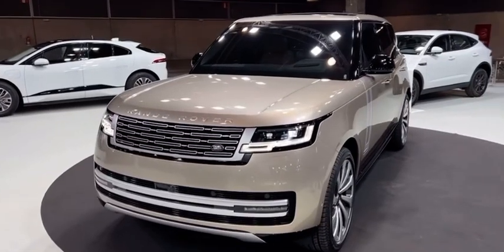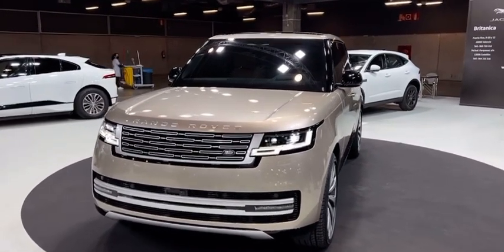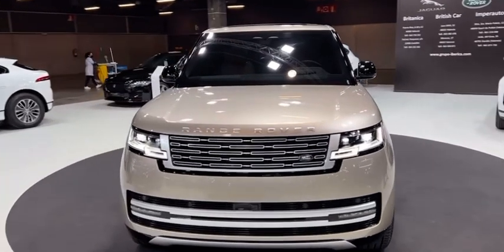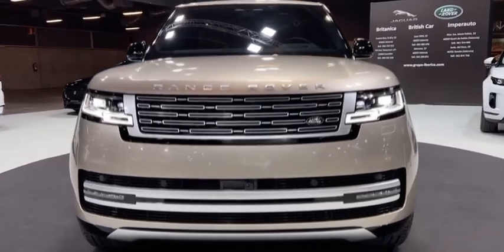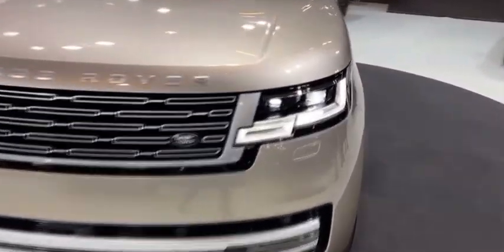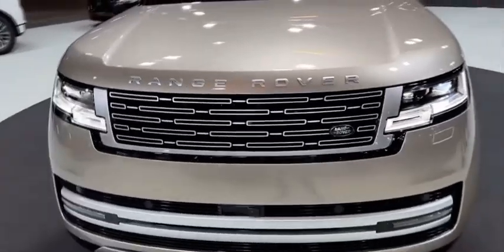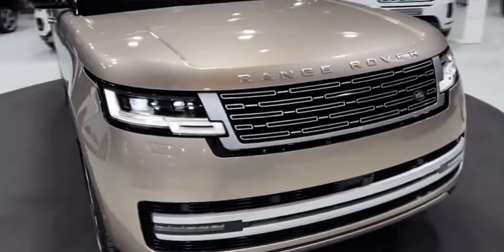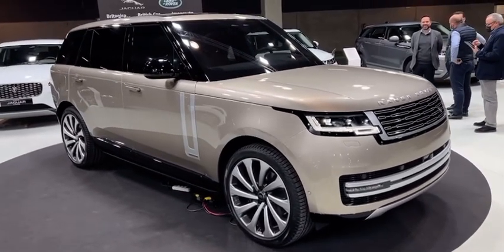The first details of the all-new Range Rover. So this is the 5th generation model, really an impressive vehicle. It's got the all-new design, and as you can see in front of us, we have the new muscular face, we have the digital LED lights and the new pattern for the grille. It's got the iconic Range Rover shape, but of course much more modern now, and the lines are just impressive